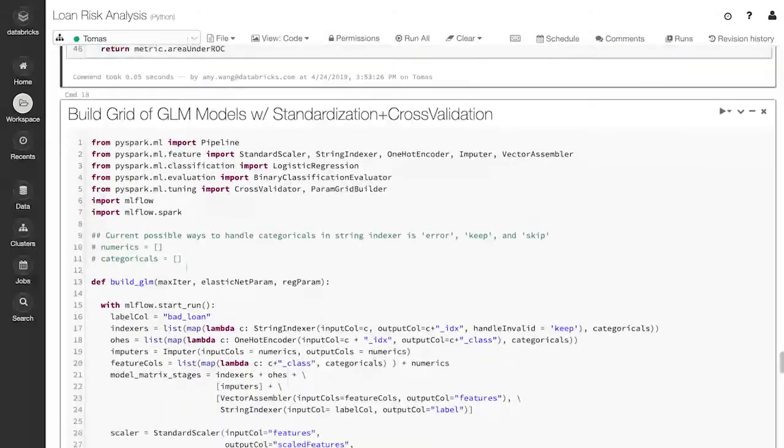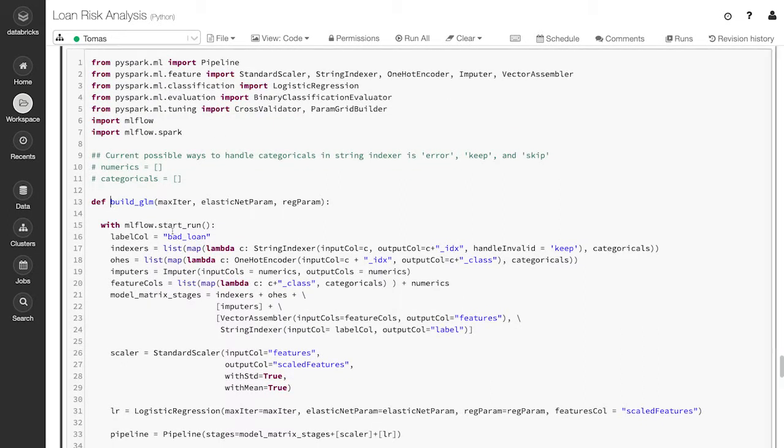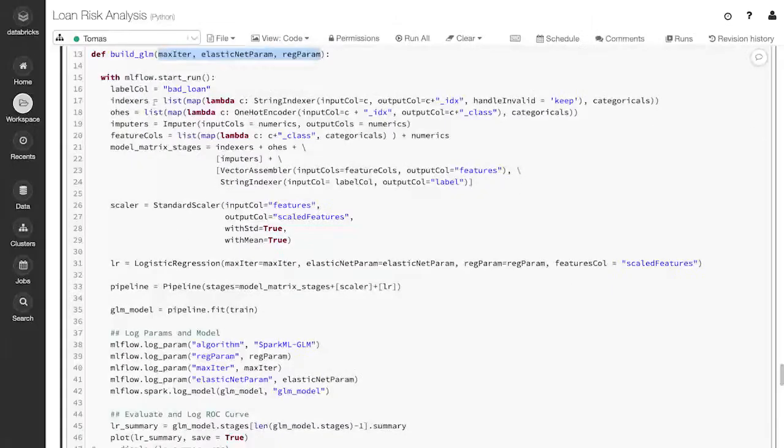Going down, we have the grid of GLM models I want to build. Essentially, within the build GLM function, I'm going to change the number of iterations I want the model to go through, the elastic net parameter, so whether it's a ridge, lasso, or elastic net regression, and the regularization strength for that elastic net param. And then going into it, I'm going to start the tracking. So mlflow.startRun will start a Python process that tracks what you're doing within the notebook in Databricks,